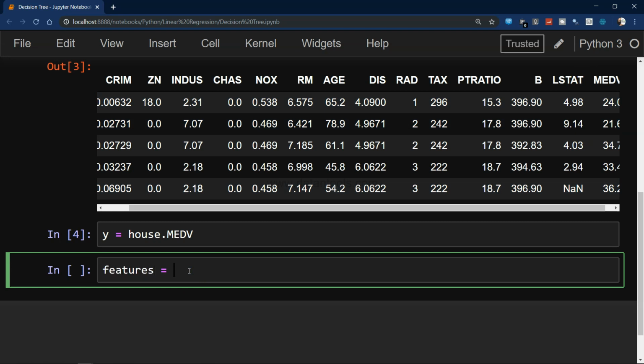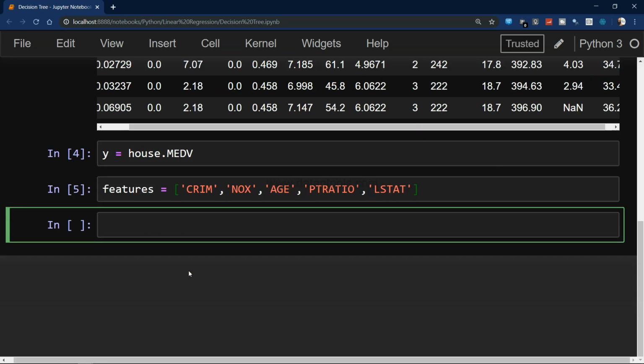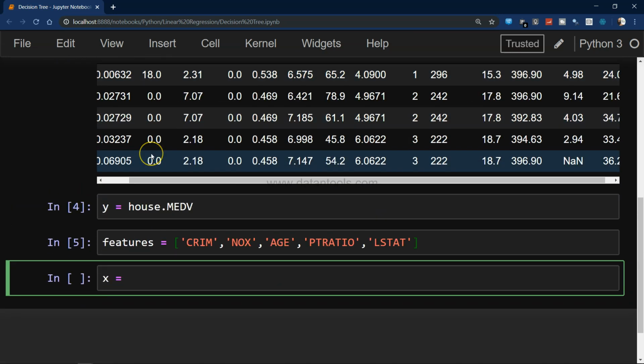features, and features equals, we can save them in an array, which we can change later, which makes our life easy. If, let's say, we want to add another variable after running the algorithm the first time, just to understand the impact of adding another variable, we can easily come here and do it. Pupil-teacher ratio, LSTAT. All right, if we execute this, and now if I say X, and over here I say house, and